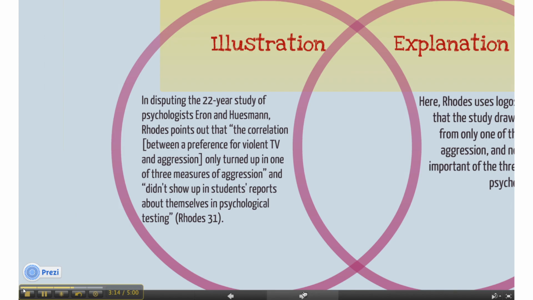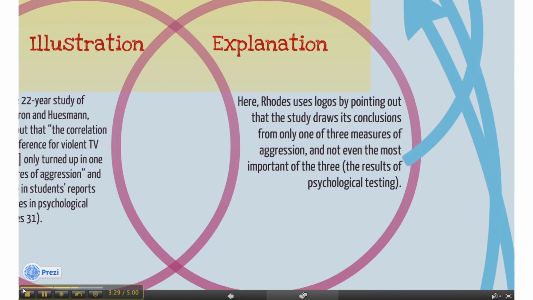You're taking a chunk of the text and you're putting it with proper quotation formatting into your paper as an example. It is only when you get to the explanation portion over here that you talk about what that illustration means, and it's important to keep those two things separate. So, we find an example of logos in Rhodes's article, and that's our illustration. Then we explain why it's logos and how it functions in the explanation portion.